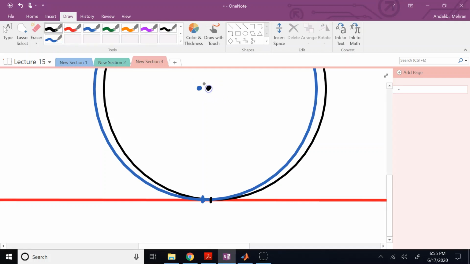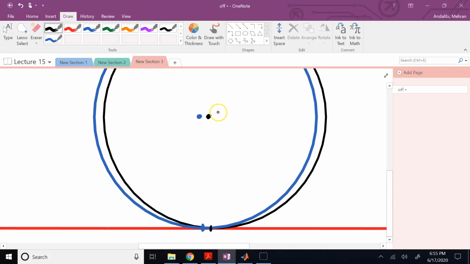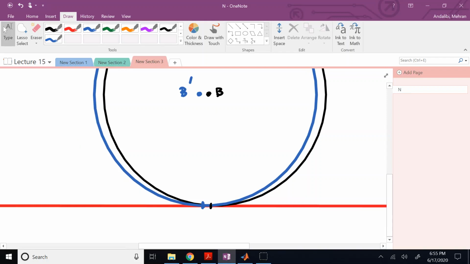So something like this. So this is B, this is B prime, the new location. This black point is C, but the blue point is not C prime, it's the new contact point. Actually,